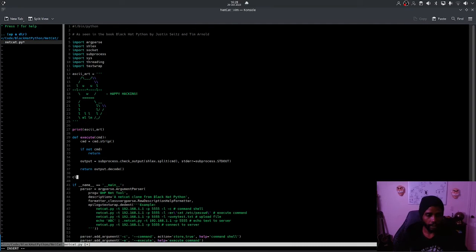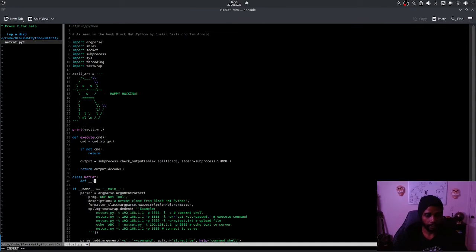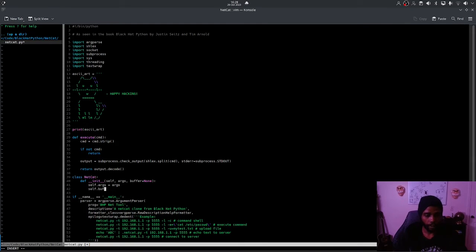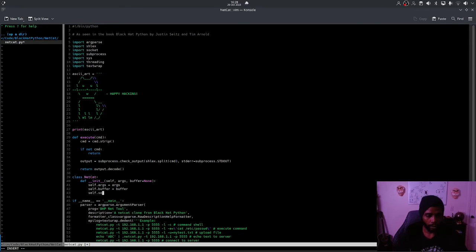So let's come here and let's actually create this netcat class. Let's initialize it. Self, args, buffer equals none for now. Let's create some attributes. The args, the buffer, a socket. Now a socket is just an IP attached to a port. That's it. So an IP address and a port, like 21 or 80 or 8080 or whatever. So it's going to be socket.socket,